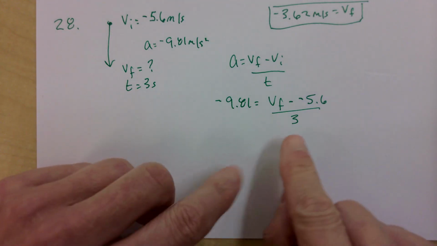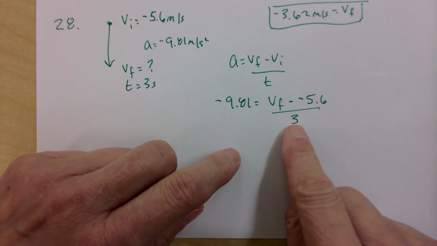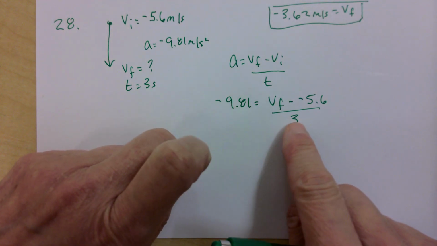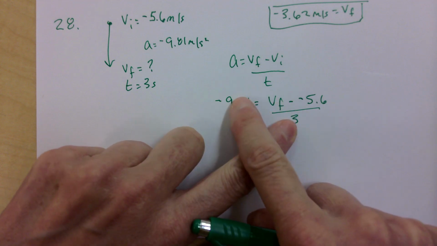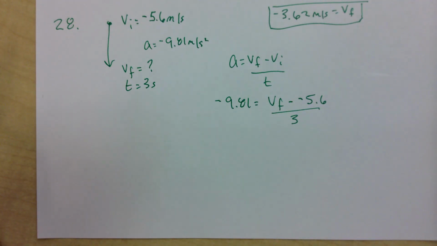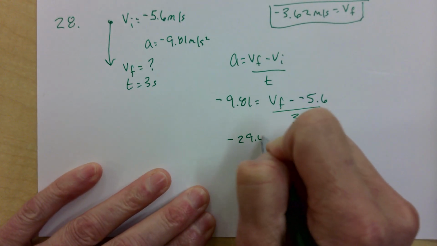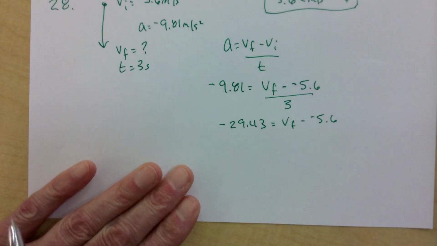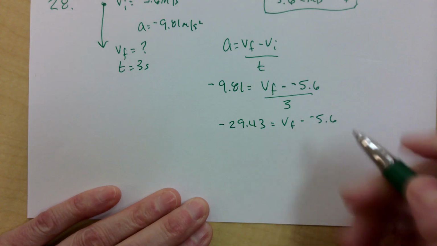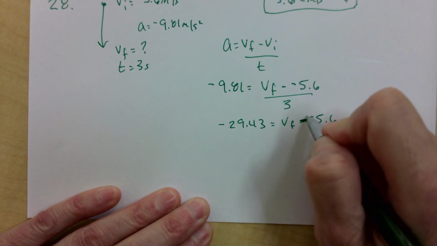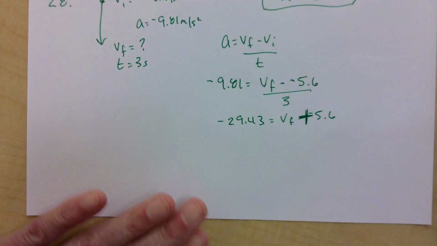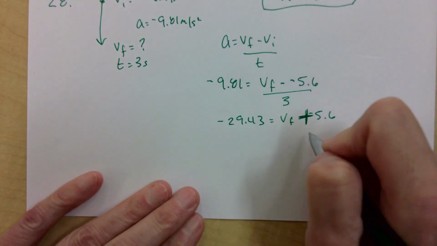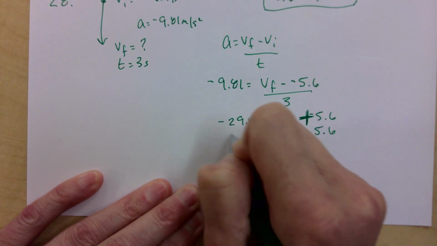Now, not all of these always have a number down here, so do you remember what to do if there's a letter? If there's a letter down here, you take the letter and this value and you just flip them. But right now, we keep multiplying. Okay, we are subtracting a negative, so in math class, remember that what that means is that we were adding. So this time around, what's going to happen is that means I am going to subtract this from both sides,